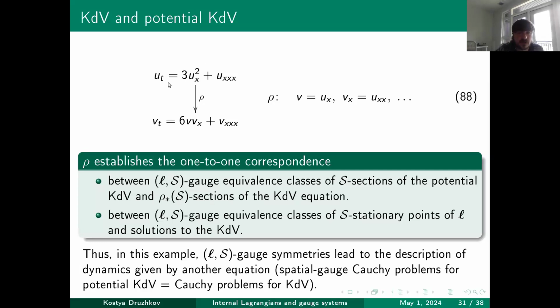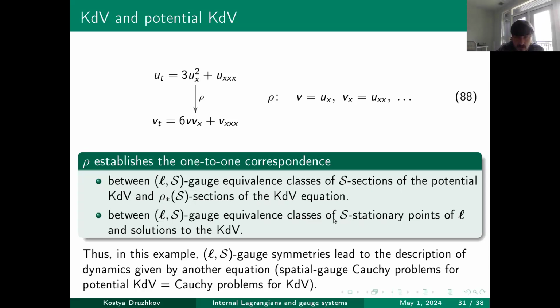So here we have the spatial equation that is spanned by total derivatives with respect to x, and this spatial equation produces a spatial equation for KdV, which is also given by the total derivative of x, but this total derivative lives on the infinite prolongation of KdV. So here we have two spatial equations, and they are related. The same differential covering relates spatial equations as well. And LS gauge equivalence classes of S sections are in one-to-one correspondence to the corresponding sections of the KdV. Moreover, rho establishes the one-to-one correspondence between the LS gauge equivalence